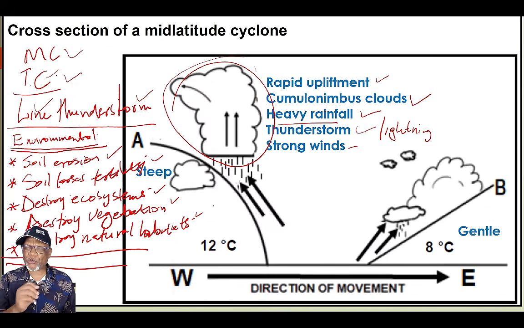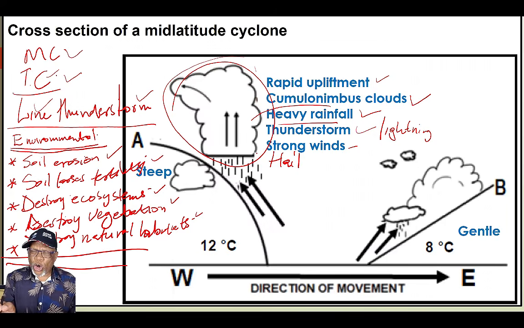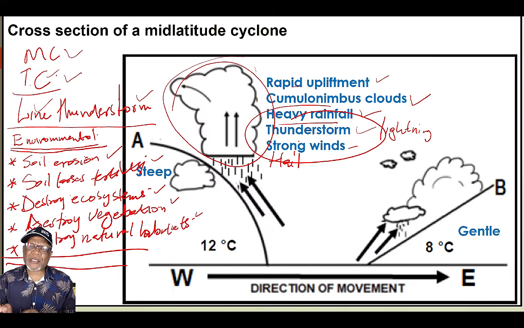What you must know about cumulonimbus clouds is that they are associated with rapid upliftment. They develop because of rapid upliftment. They are associated with heavy rainfall, and you can also add hail, thunderstorms and lightning, and strong winds. So all these weather conditions that we are looking at here are the conditions that can be associated with